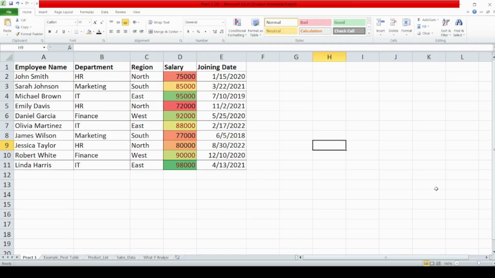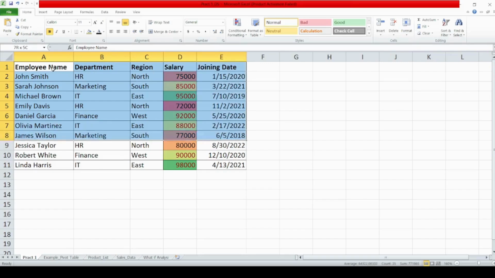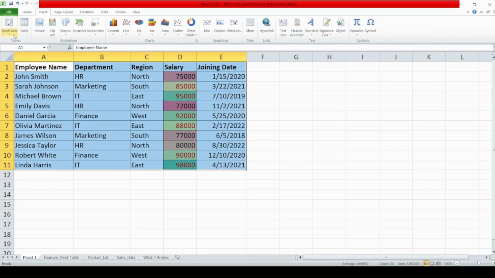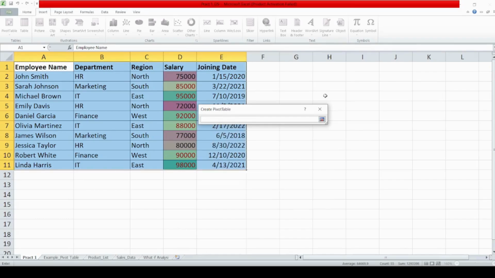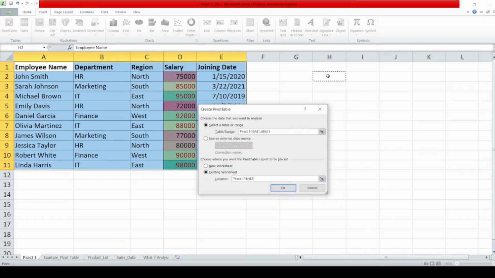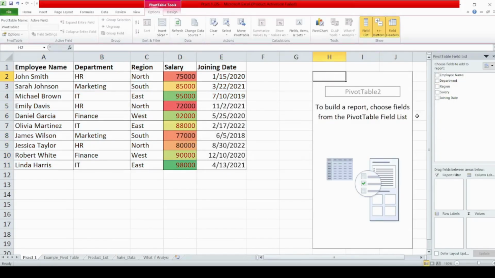Okay. So, what I'll do is I'll select the entire table from A1 till 11. I'll go to Insert, then Pivot Table. In that pivot table, you can go for a new worksheet or you can go for an existing worksheet. Click on location. I'll choose this particular location. Enter. You click on OK. So this is how the pivot table will come.